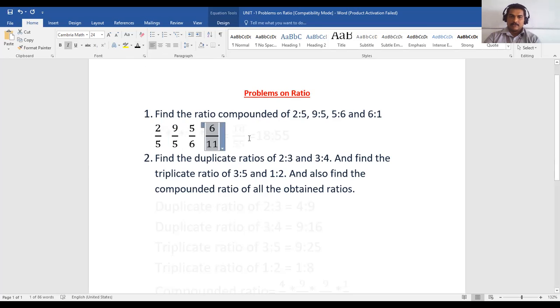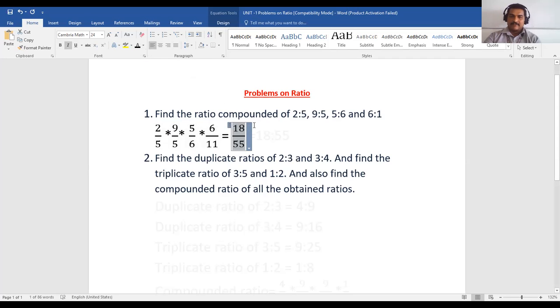fractions first, so that we are able to multiply them. We have come across the concept: compounded ratio means multiplying all the antecedents divided by multiplying all the consequents. Okay, so now if we multiply, after simplifying, 5 can be cancelled, 6 can be cancelled, 2 can be simplified for the 6. So like this, if we simplify, we are able to get a single fraction, that is